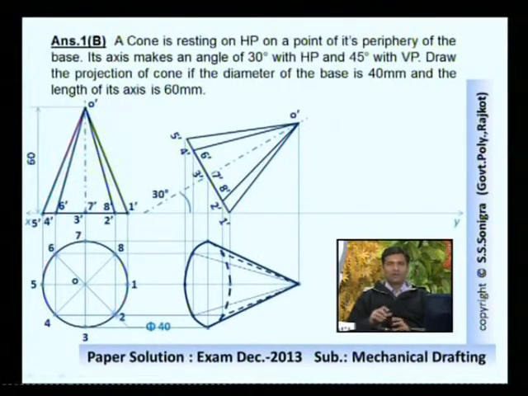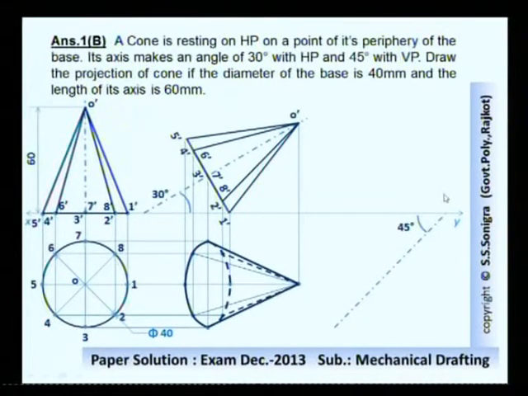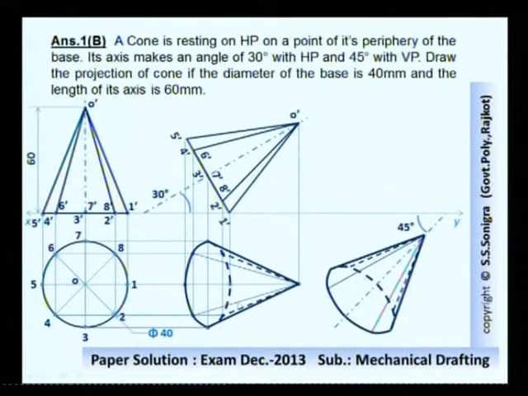Think about the third one. Here an angle of 45 degree with vertical plane is given. See, in this case the angle between this axis and vertical plane is 0 degree, or both are parallel to each other. We have to tilt this front view, this top view in such a way that its axis makes an angle of 45 degree with vertical plane. So for that, what should we do? Draw a line at an angle of 45 degree with XY line and transfer all these points over here. Or redraw this shape over here at an angle of 45 degree.